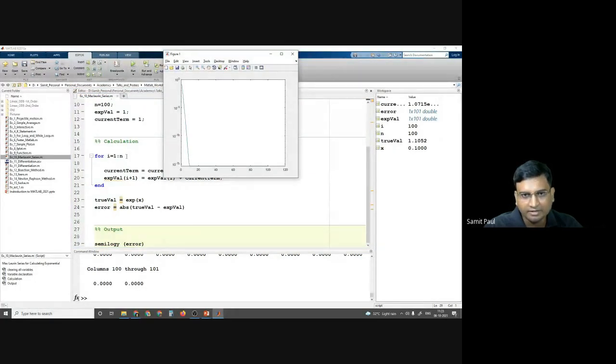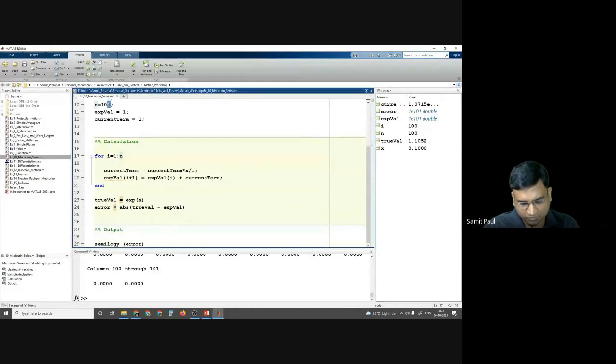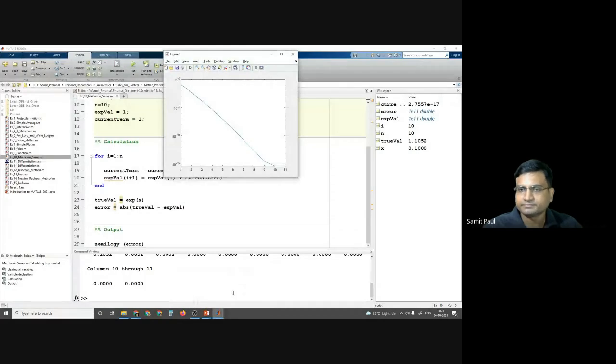Not 100, let us go up to 10, and we'll be able to see. In the x-axis, this is the number of iterations, and in the y-axis, the magnitude of error. See how it is decreasing. As we are increasing the number of iterations, the error is decreasing.